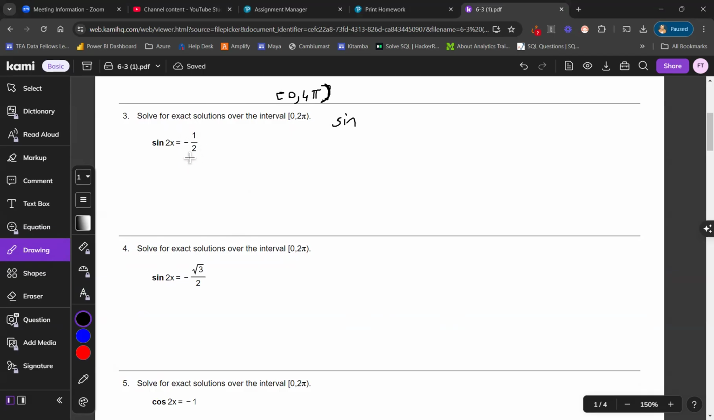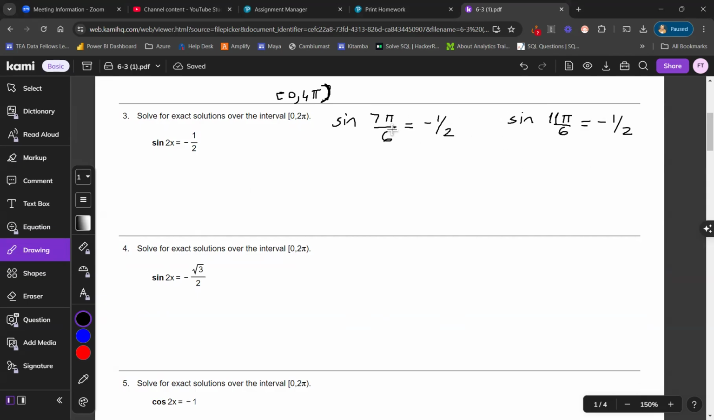And they have to refer to the 30 degree angle because sine of 30 is 1/2. So I know that sine of 210, which is 7 pi over 6, is equal to negative 1/2. And sine of 330, which is expressed as 11 pi over 6, is equal to negative 1/2. These are the only two angles